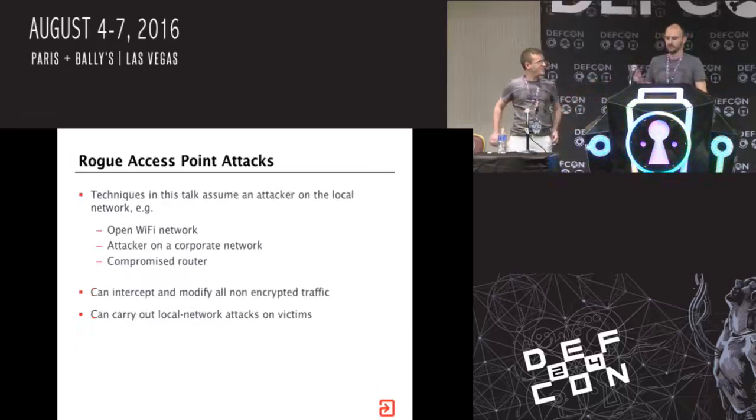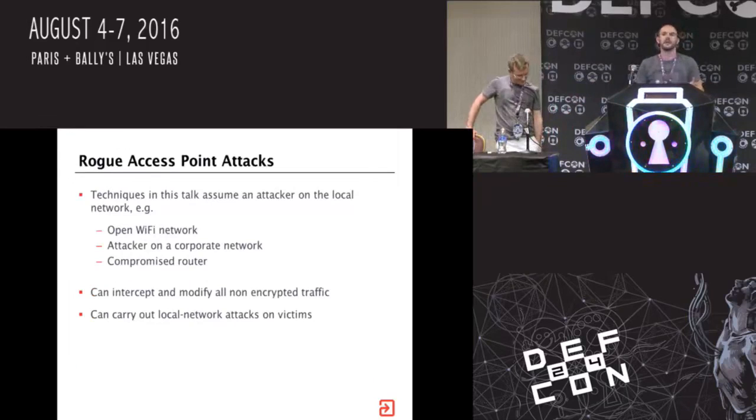So, where we're starting. This is the kind of attack we're looking at from a rogue access point perspective. Rogue access points tend to have reasonably privileged access to a network anyway. You control the DNS, DHCP, all the rest of it. So you're already in a position where you can monitor and intercept data.